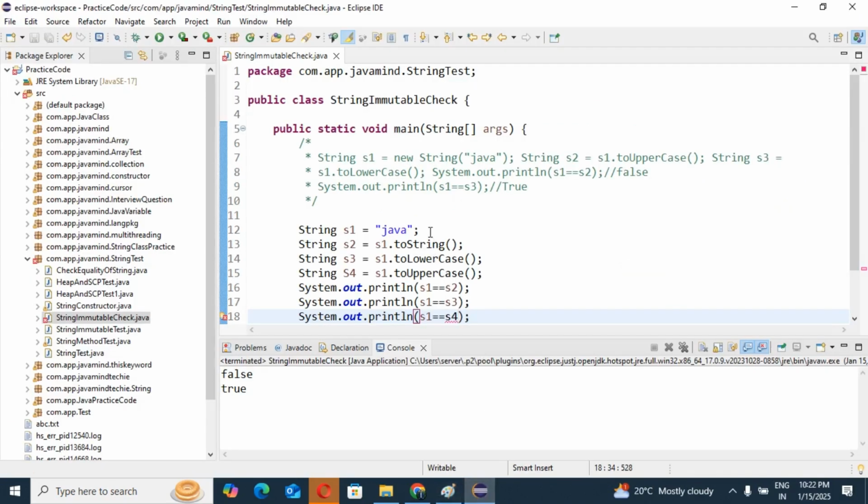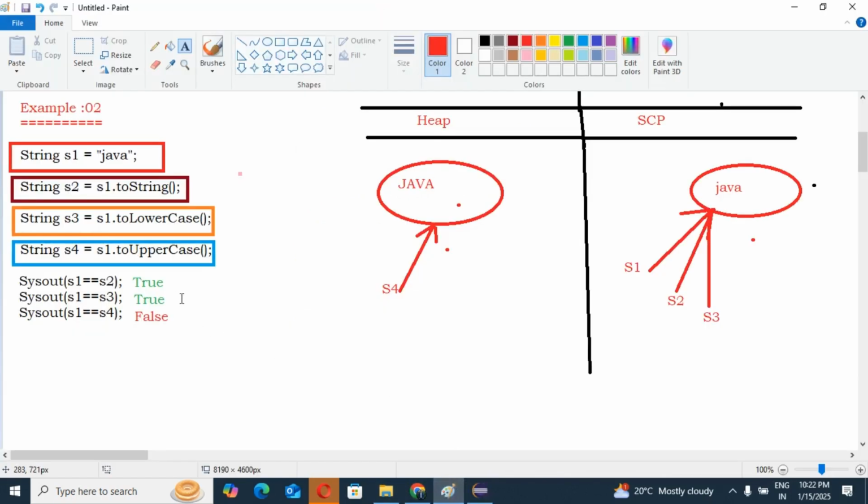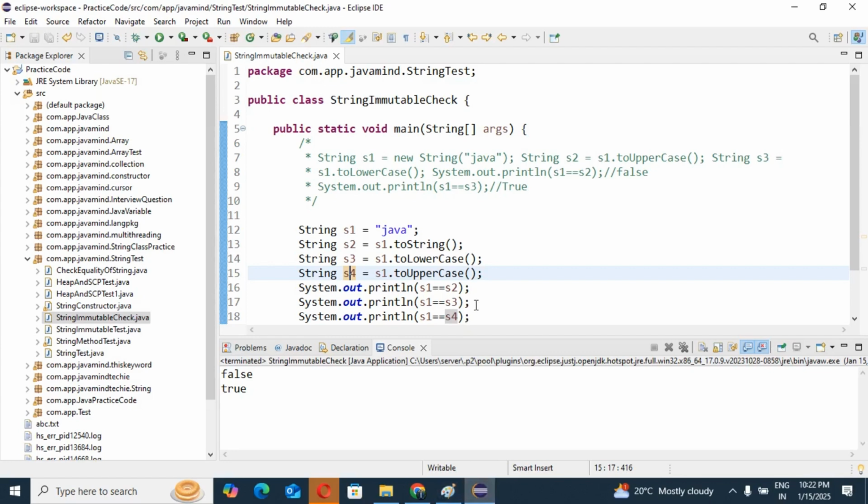So let's see as per our explanation, same thing I have written. For this answer the expected output should be true. And this place should also be true.